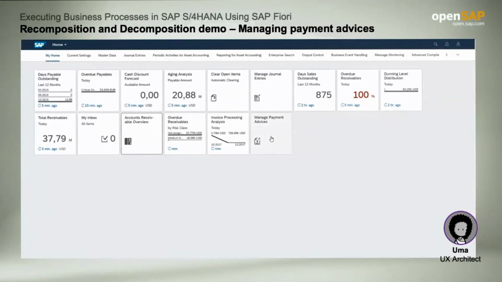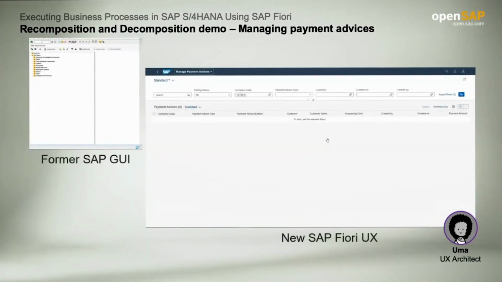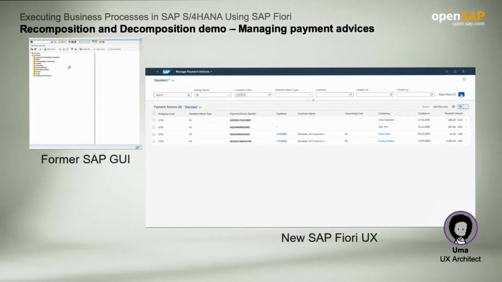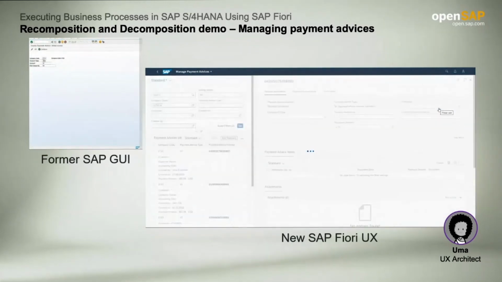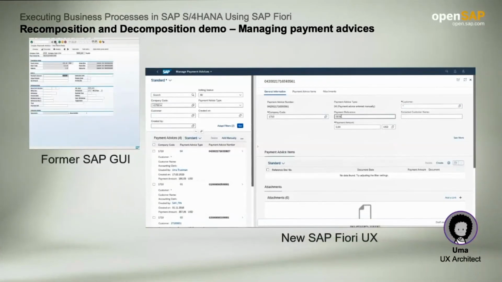In this video, I would like to show how SAP Fiori and SAP S/4HANA help accounts receivable administrators with managing payment advices for customers and collecting the outstanding dues. They can start with Manage Payment Advices, which is an SAP Fiori transactional-style app. This app will replace the transactions FBE1 create, FBE2 edit, and FBE3 display for payment advice. They can see the full list of all the payment advices for their company code. Let's see how they can create and open payment advices with one line item, say for $368 US.